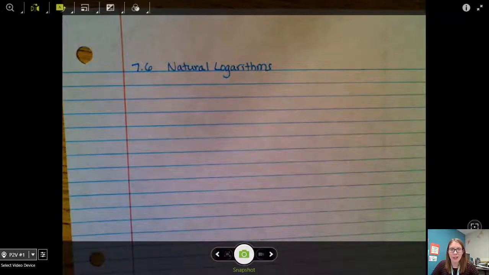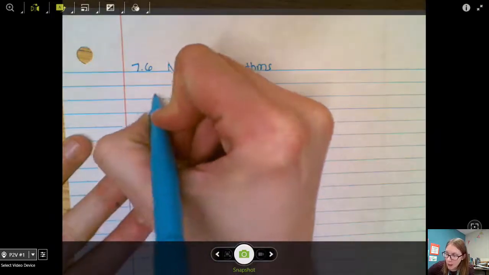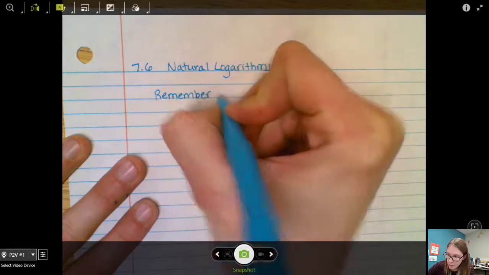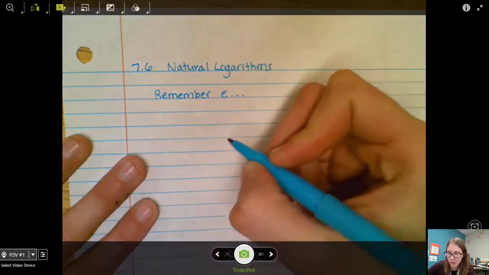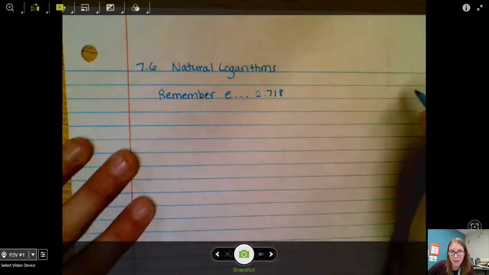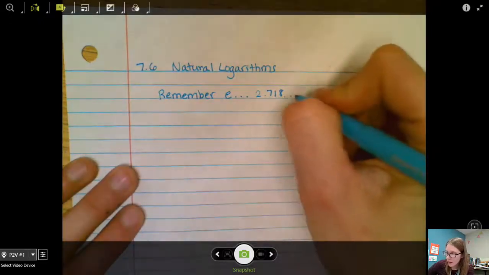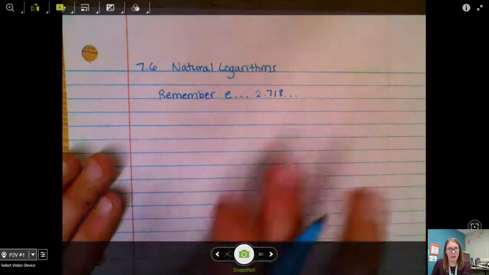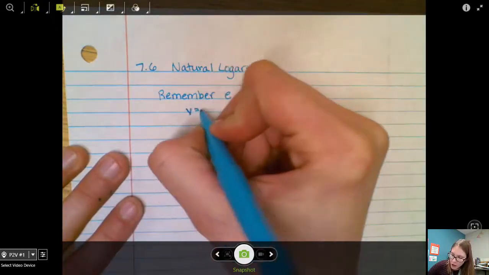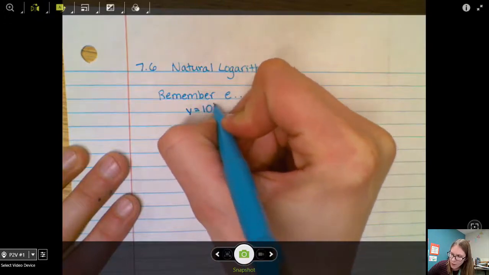Our last section in chapter 6 is all about natural logarithms. So let's recap for a second. Remember that number e that we learned about? We figured out that e is approximately 2.718. It's called our natural base. Okay. So we learned about that number e, but we also learned how these exponential functions and logarithmic functions are